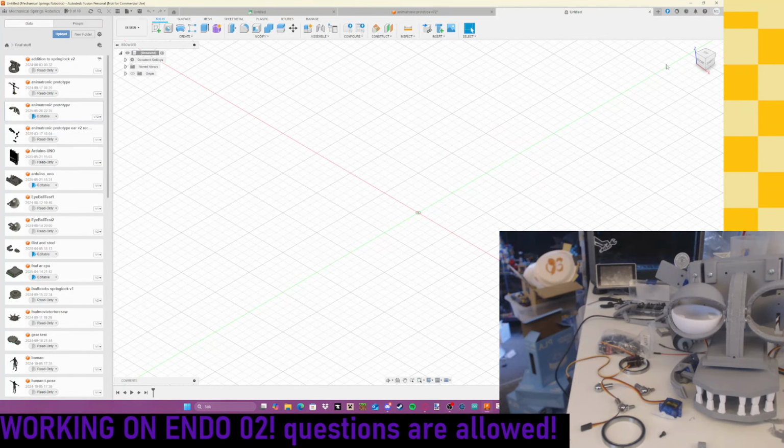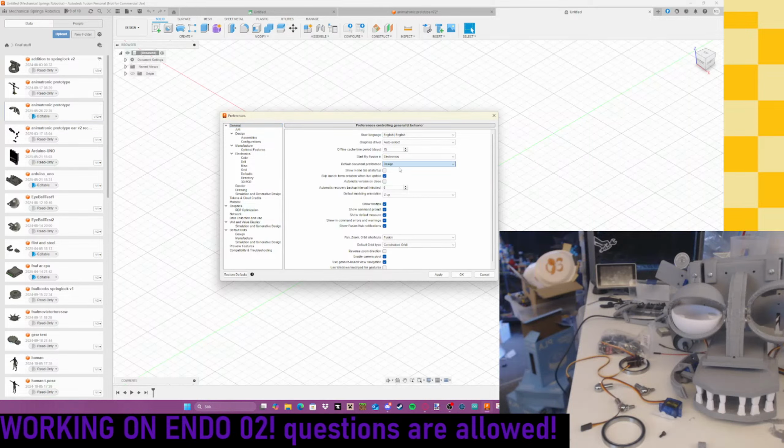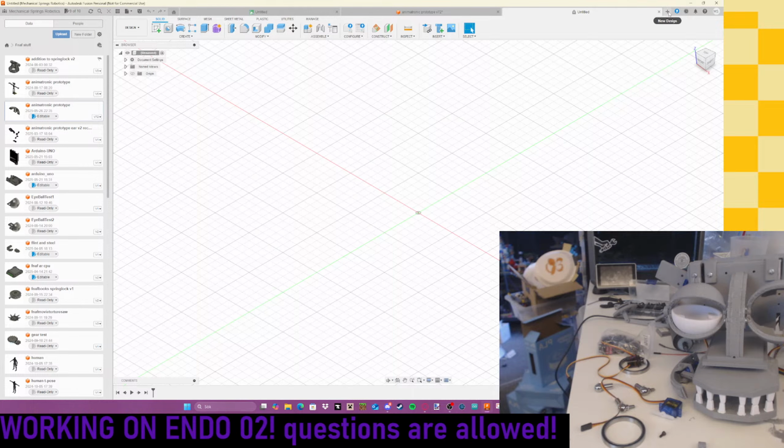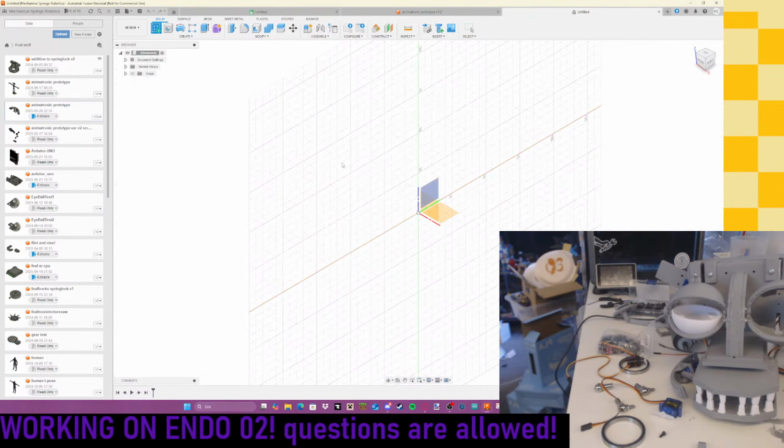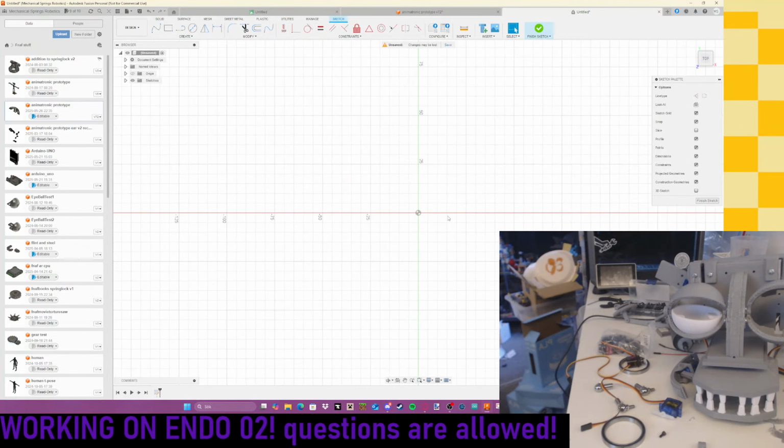Preferences. General. Can I not? Oh, default design. There we go. Apply. Okay, so now if I... Yes, default. Let's go. Okay. Now what I've learned from bearings is that you need